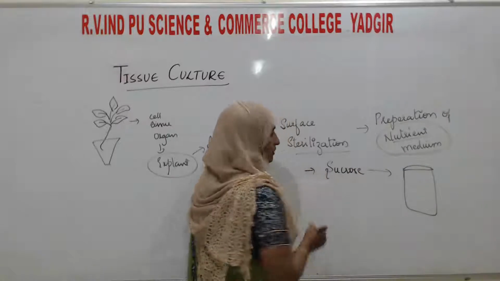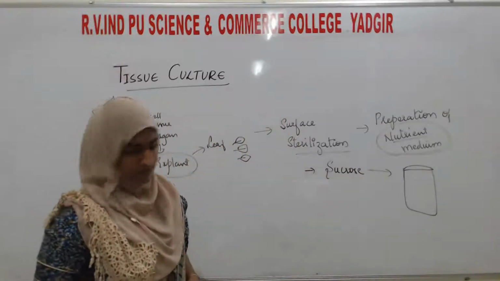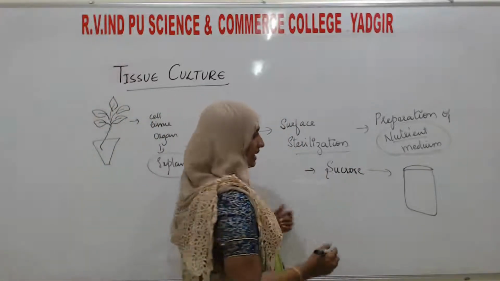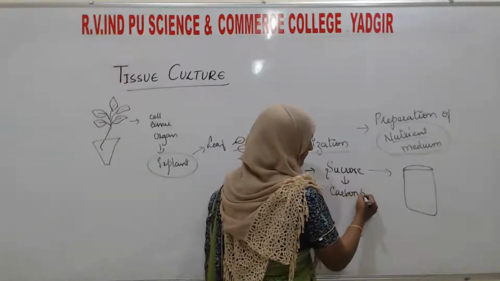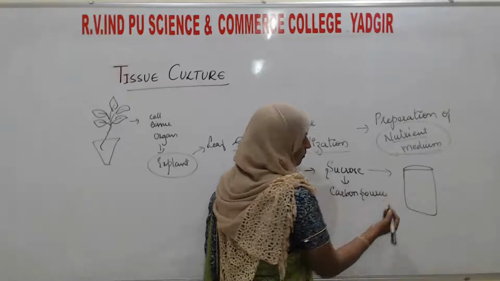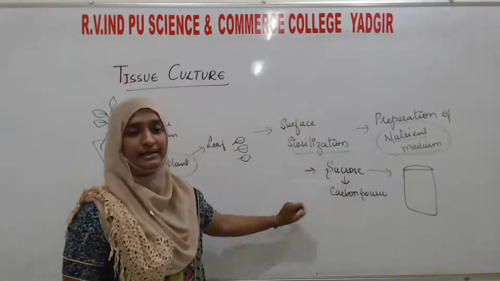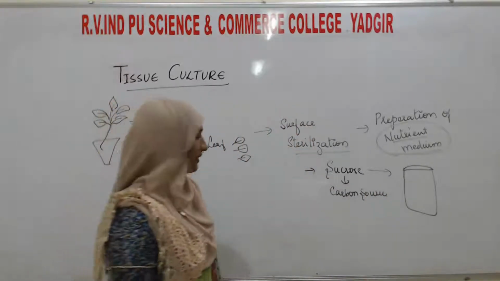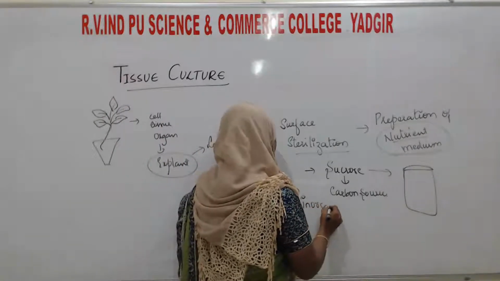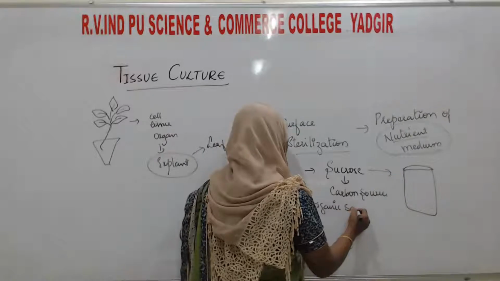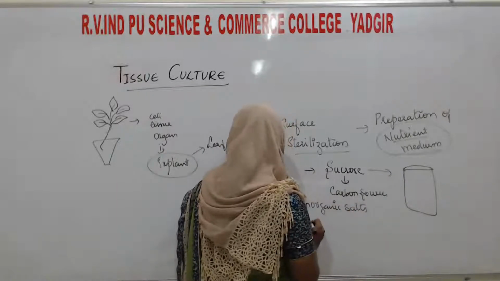First thing they are going to add is sucrose, which is a carbon source. Sucrose will act as a carbon source. After that, they are going to add some inorganic salts, vitamins,